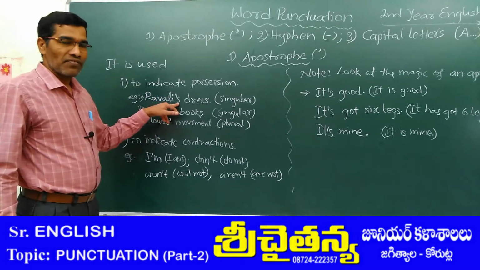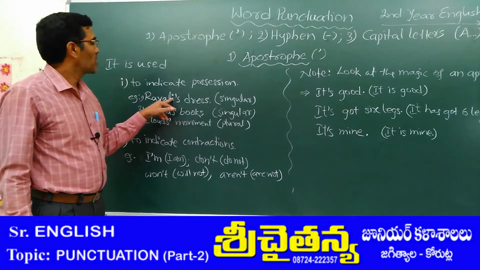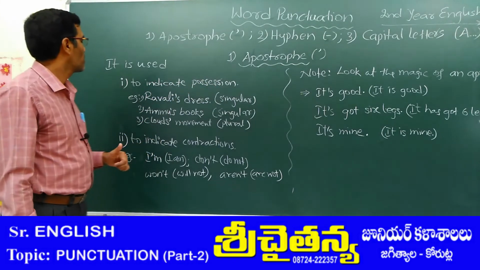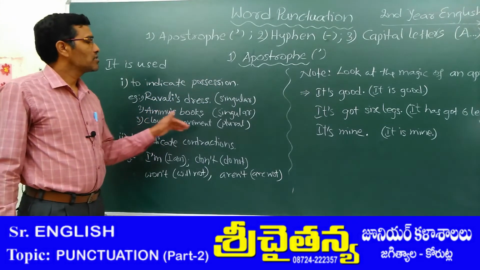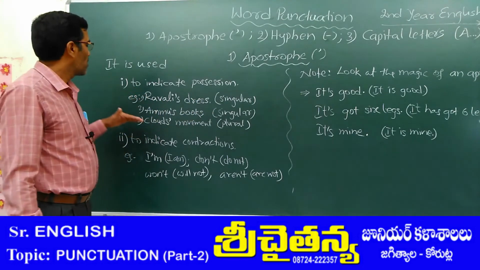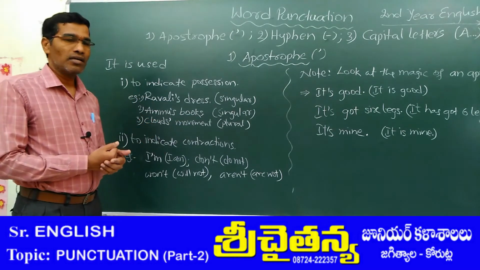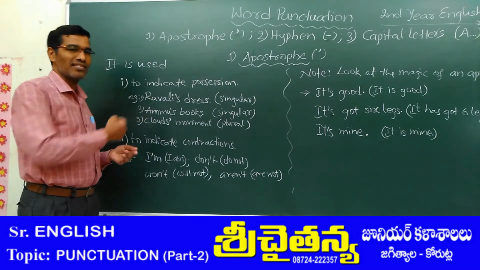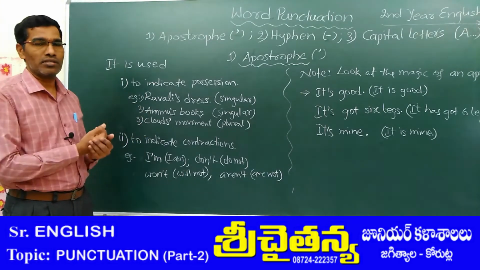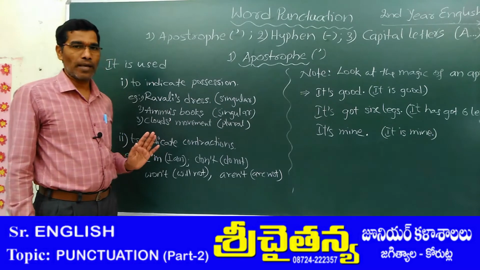Here, apostrophe S refers to singular. After the apostrophe, if we place S, it refers to singular. Ammu's books, again, the books belong to Ammu, right? Here, the third example, clouds' movement. After the S there is an apostrophe, right? That means all the clouds, the movement of all the clouds, refers to plural.